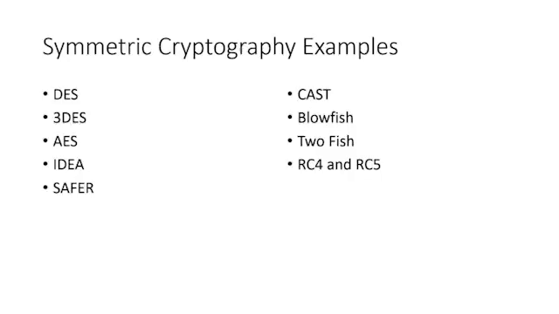So some examples of symmetric cryptography. DES, all right, considered weak because it's no longer strong. Triple DES, that was their solution when DES got cracked, so they came up with Triple DES. We have AES, the Advanced Encryption Standard. It's the industry standard now for encryption. We have ones called IDEA, SAFER, CAST, Blowfish and Twofish, and then RC4 and RC5. All algorithms. RC4 is one that we've used in wireless in the past.